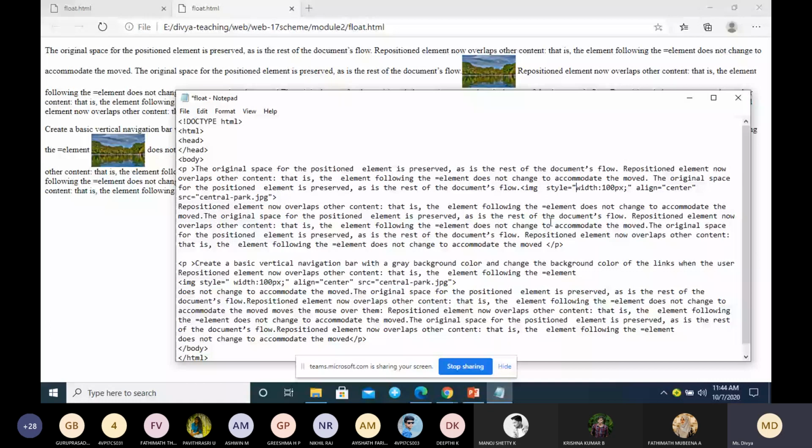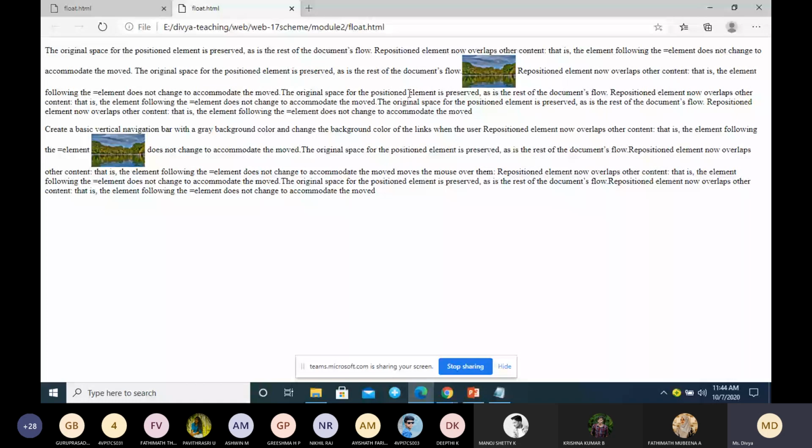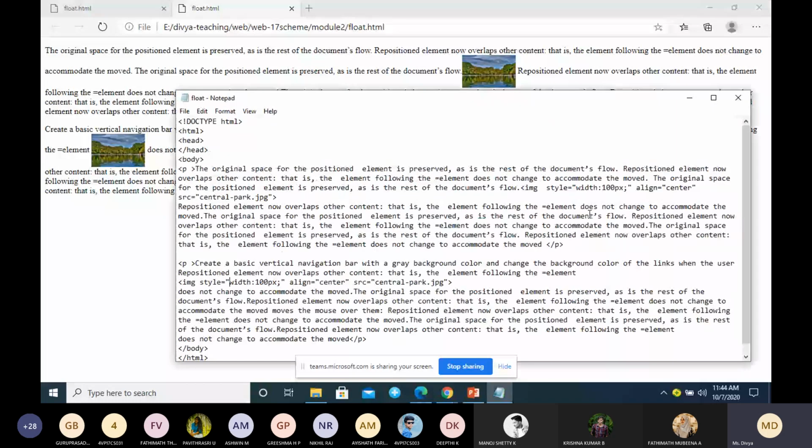So we have specified the width. This is how the HTML document looks. You have paragraphs, and here one image is there. Again there are paragraphs, and again here we have displayed an image. Now I want to make the image float left and right. I want to get this one to the left and this image to the right. So for that we can use float left. I will increase the width of the image, I'll give it as 500.